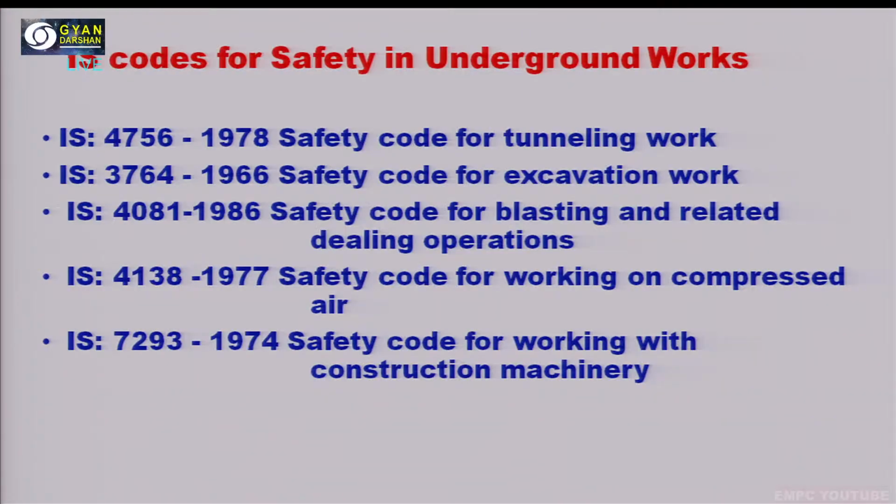The next code is IS 7293. It is a safety code for working with construction machinery, because different types of machinery are used for excavation and tunneling, and for each machine there are some associated risks and hazards. So just to avoid any risk or accident, there are guidelines on how to use those machines safely. For that purpose this code is developed, in which we get the guidelines to deal with